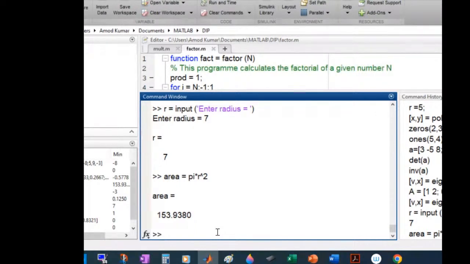Okay, fine. So other things I have told you. Then you can write in files. You want to write some value of a variable in an existing file. That is also possible. Forget that. More important than that is that there are control structures also in MATLAB. Control structure means